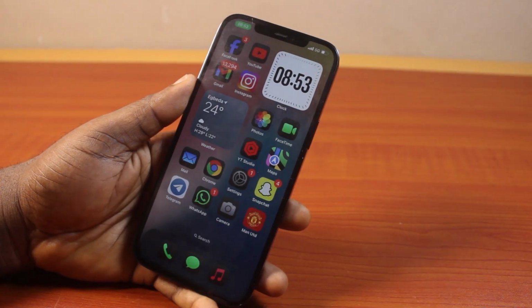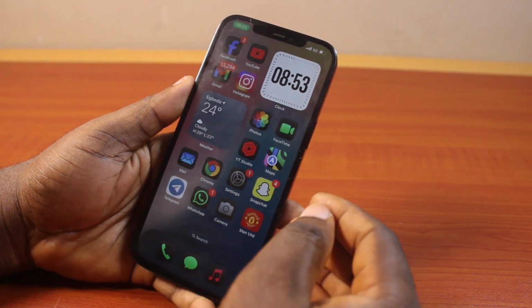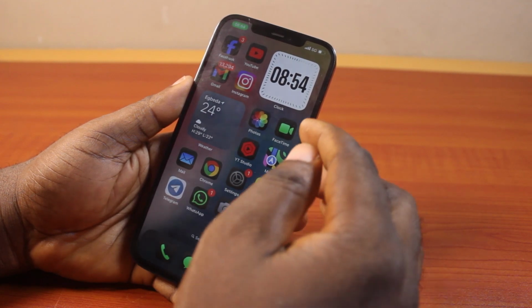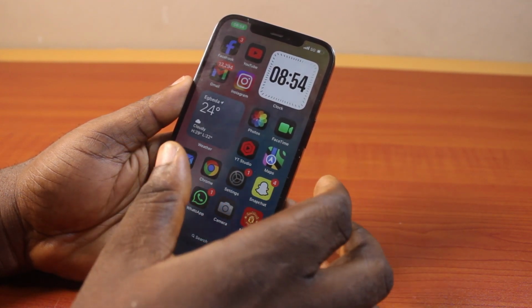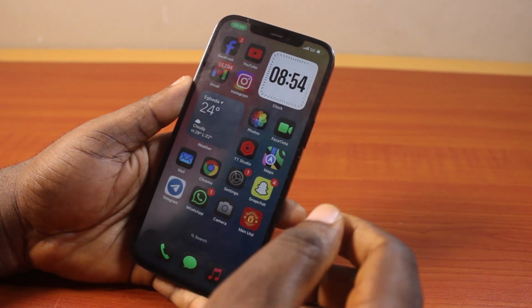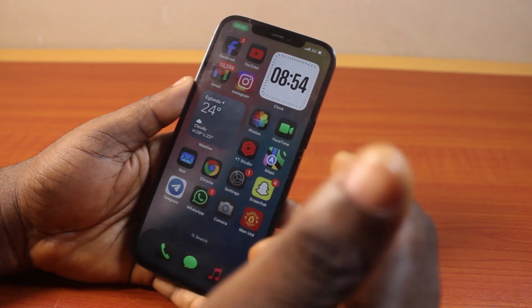In this video, I'll detail how to install screen recorder on iPhone. So if you have an iPhone and you want to record your iPhone screen, you can basically use the built-in screen recorder on your iPhone or download and install a third-party screen recorder application for your iPhone to easily record